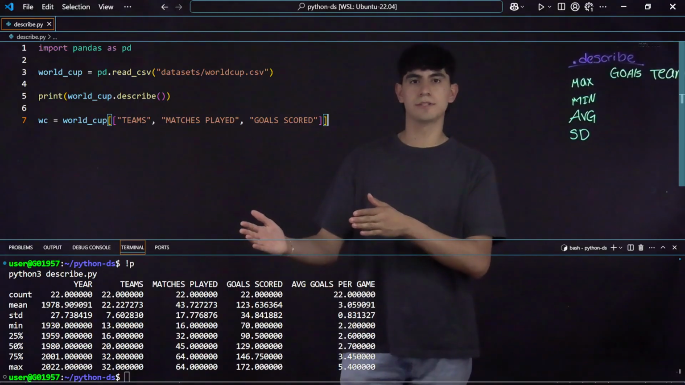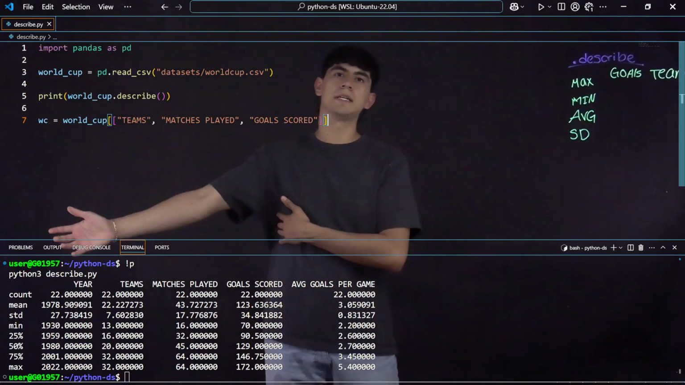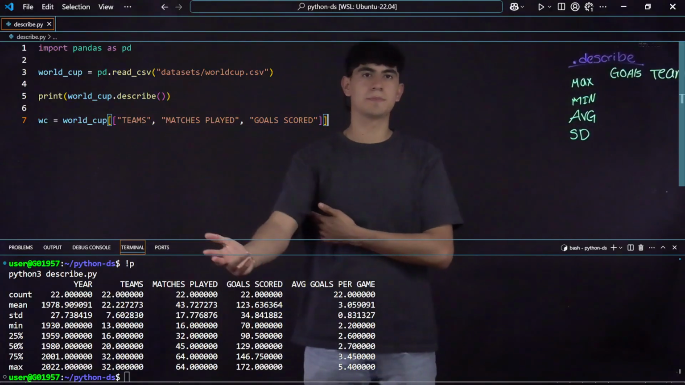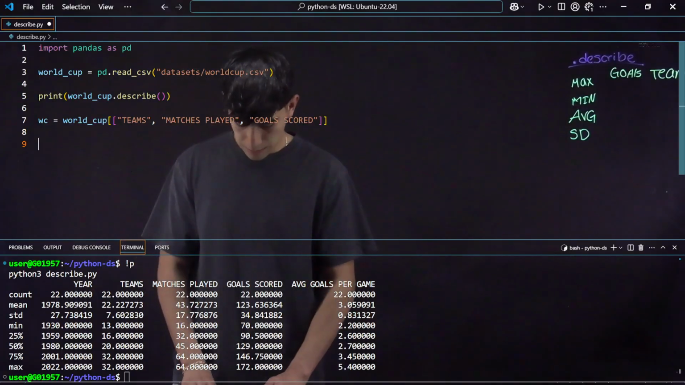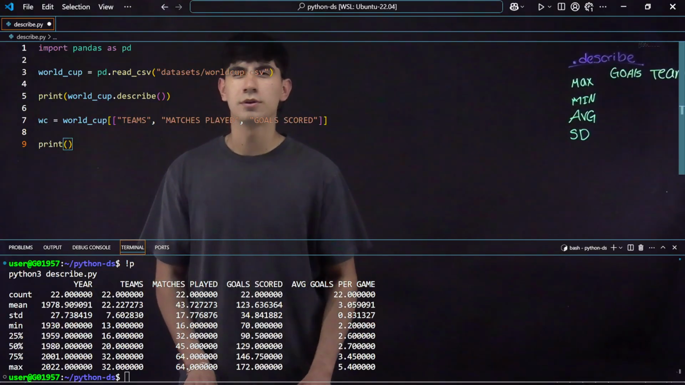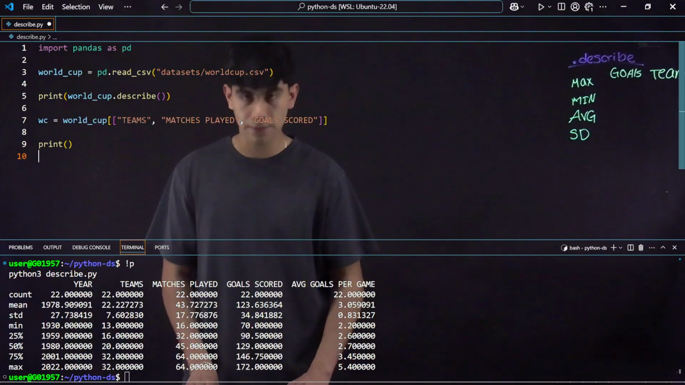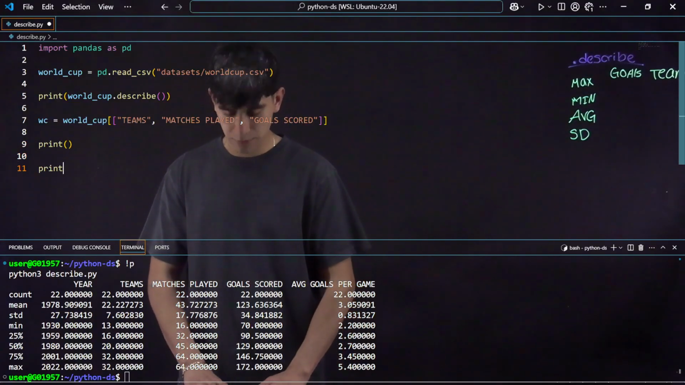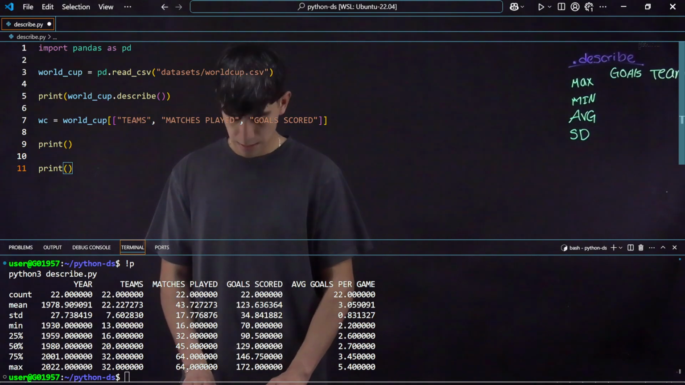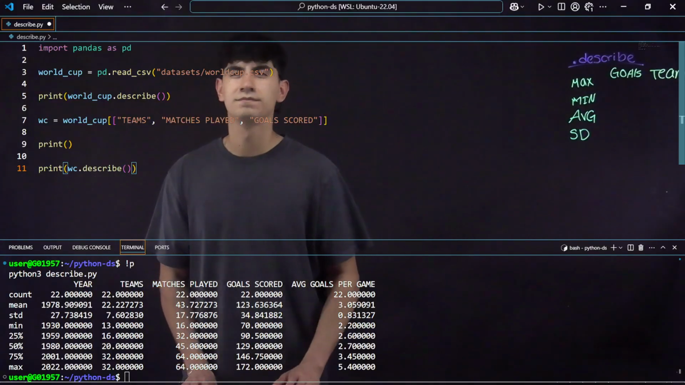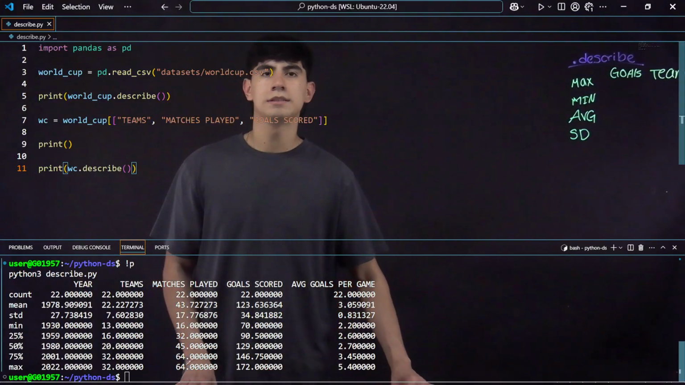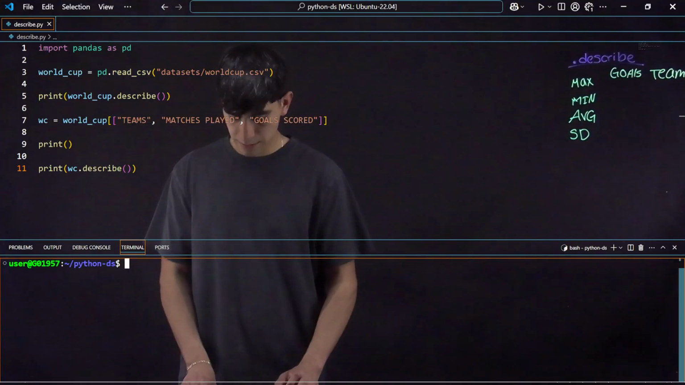So I'm just creating a new variable with, in a sense, a data sheet that is specific to these categories. So in this variable WC, it's just going to give me the teams, matches played, and goals scored. But this also allows me to come here and I'm going to just do a simple print as a space so I can show you guys the difference. And then I'm going to do print once more and WC dot describe. And like I said, parentheses. And now if I go here,